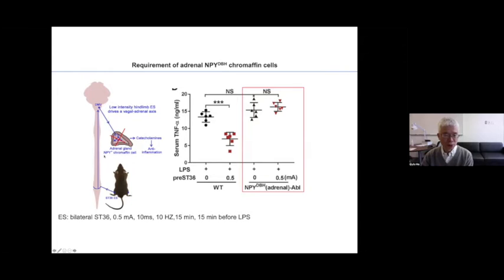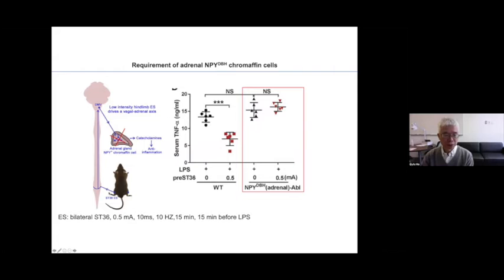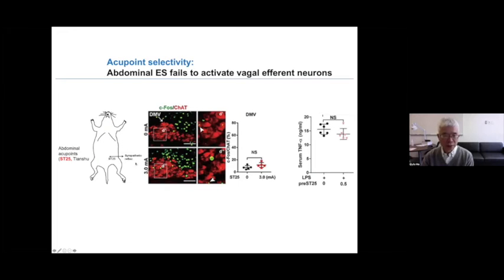So if we use a genetic tool to selectively remove a subset of chromaffin cells expressing neuropeptide Y, the NPY pathway chromaffin cells, this anti-inflammation effect will be gone. So basically, you can drive the vagal adrenal axis from ST36. You can drive the vagal adrenal axis, but if you do this at ST25 in the abdominal region,